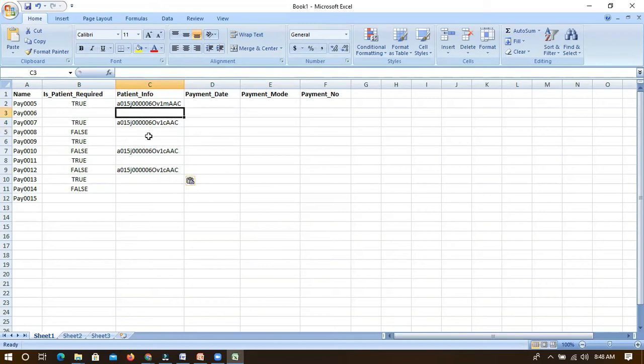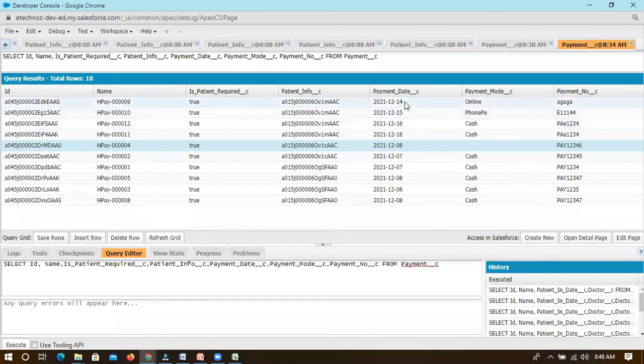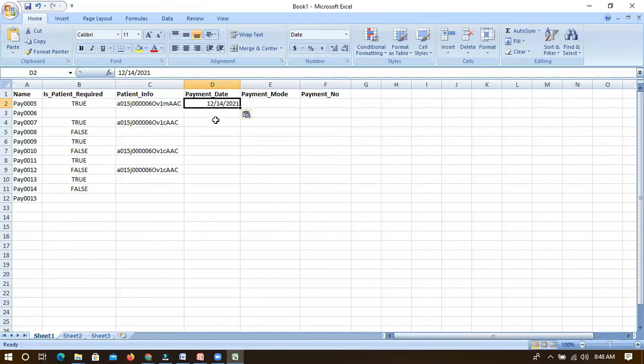It will throw an error, because these are mandatory, right? So while you are mapping, if this data is not available, it will throw an error. Let's see that also. So payment date is something. So this is the payment date. Even if it is blank, no issues. Anyways, it is not mandatory.